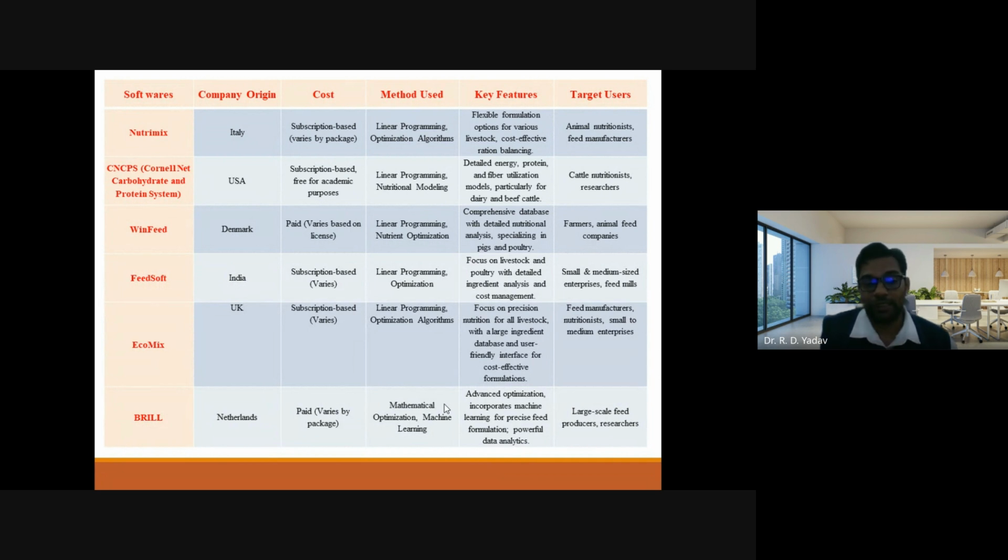Prill software, very renowned, with a very high software cost also, and very accurate. Large scale for feed production research, that even industry uses to build software. So this is basically a number of softwares which are used by animal nutritionists, and by the dairy industry and farmers, for the formulation of diets for their animals. So I have enlisted some of them.